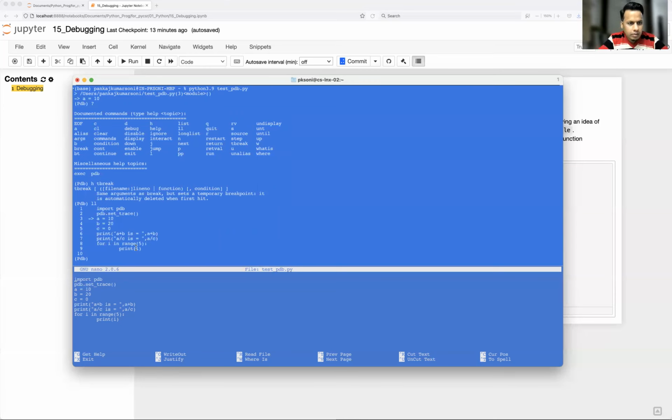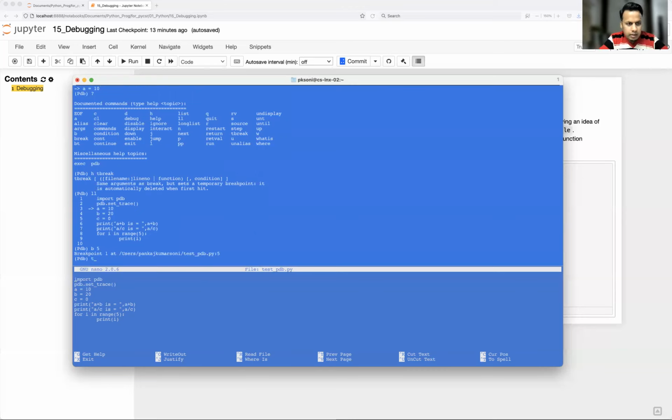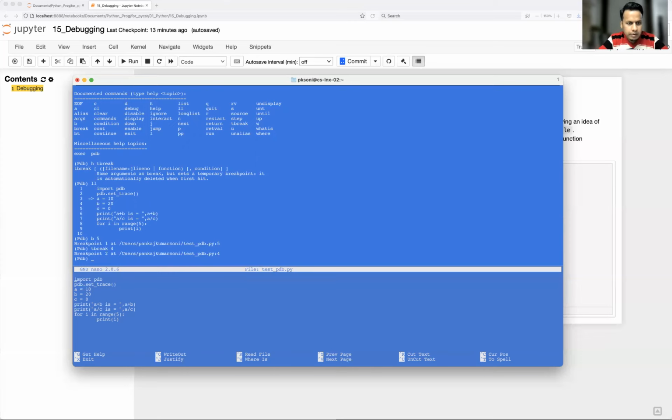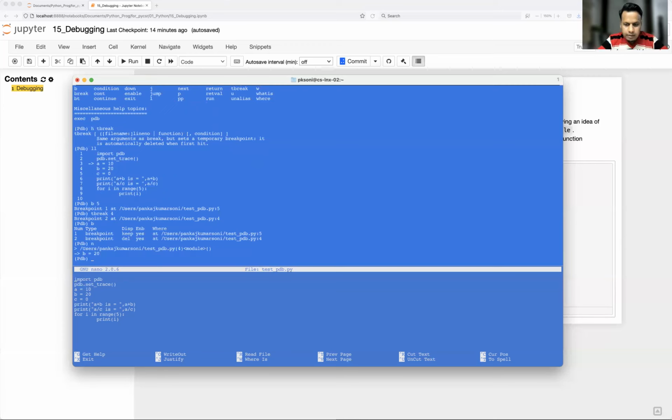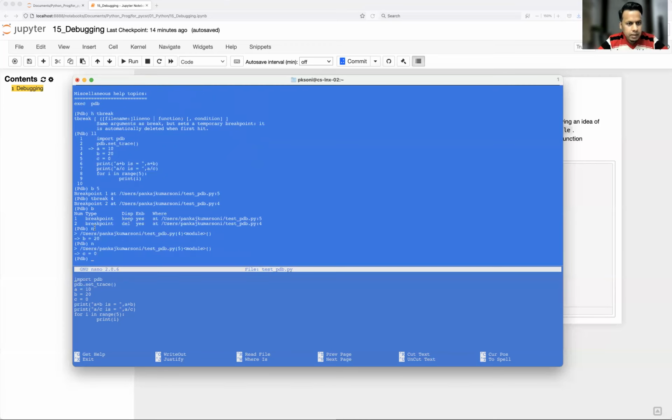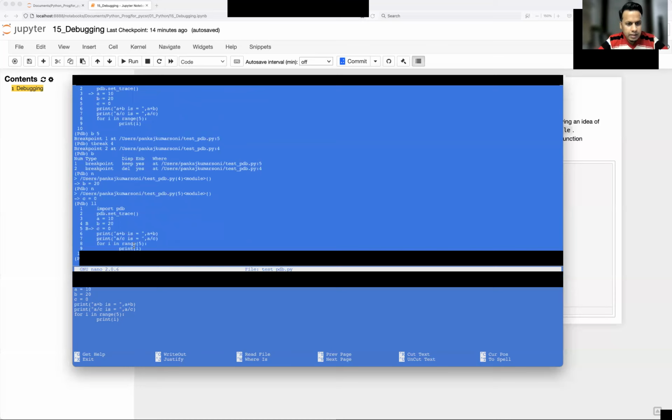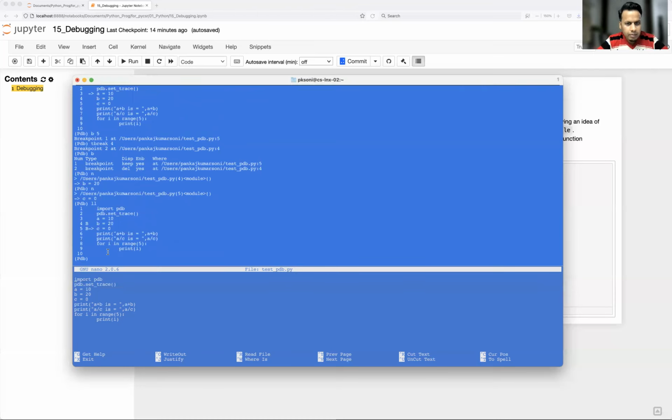I'll just set one breakpoint at line number 5 and another tbreak at line number 4. Okay, you see here. So line number 5 is a permanent breakpoint, means even though it has been hit, it will still exist. But line number 4 is a temporary breakpoint. The moment it has executed, it will be deleted from the breakpoint list. Okay, so let's see. So line number 4 was this, right? Now if you list here, it will be deleted.